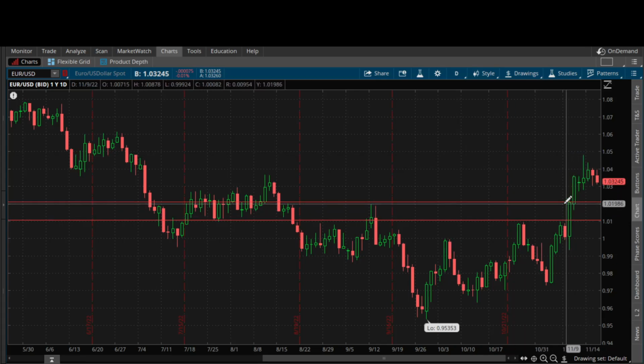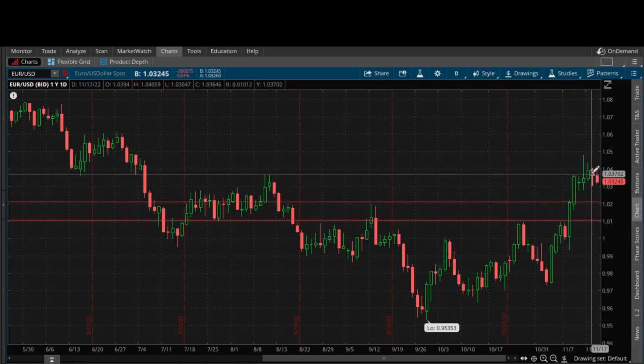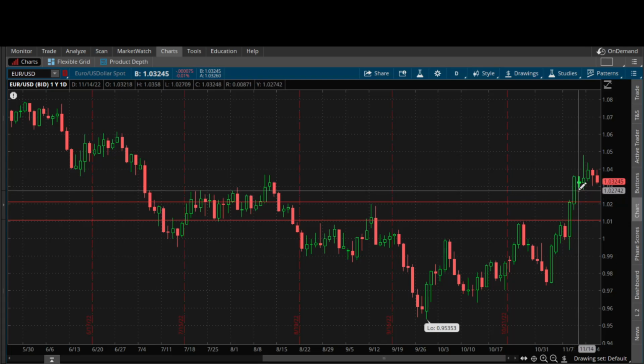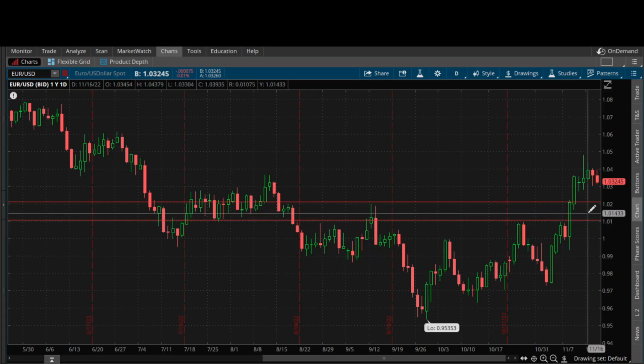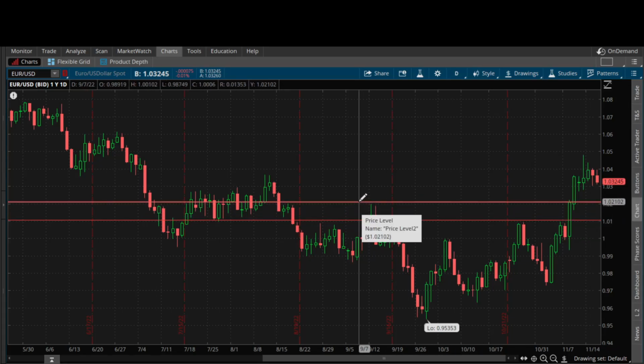So there's 50% of that price range. And so once you get down into that area, at that point you want to be very, very careful with your sells, because it's cheap on the daily at that point. It's below 50% of that price range. That's a discount market, okay? And it's the same thing if you flip it around. So we're talking about taking out these highs right here, but the same thing applies whenever you take out a low.